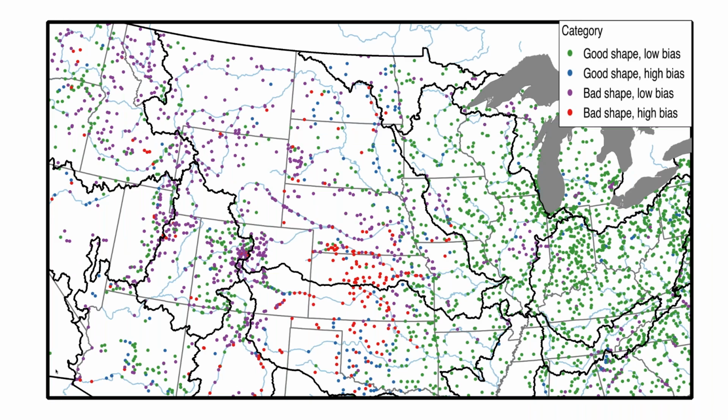So here's a map of the stream gauge categories for the domain. So you can see we're actually doing really well in a lot of areas of the domain, especially considering the fact that this is not a calibrated model. But of course there are areas where we're not doing as well. So for example, across the Great Plains, we have a lot of issues with bias, which actually makes sense given the fact that this is a pre-development simulation, so we're not including all of the groundwater depletions and agriculture that's